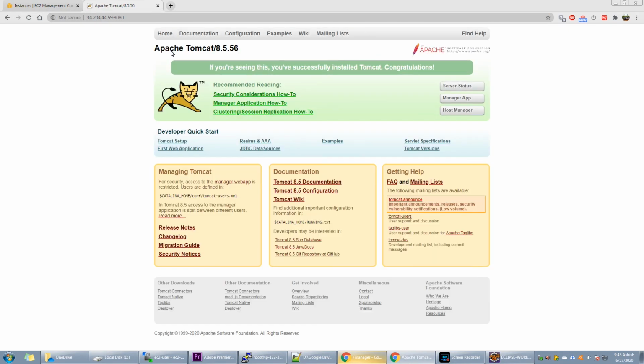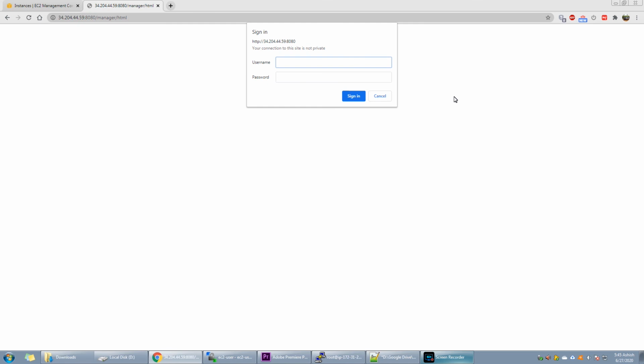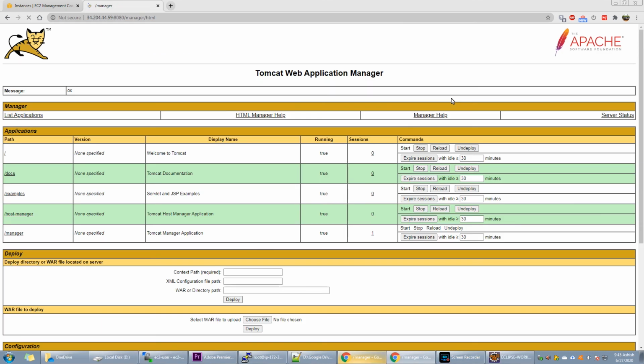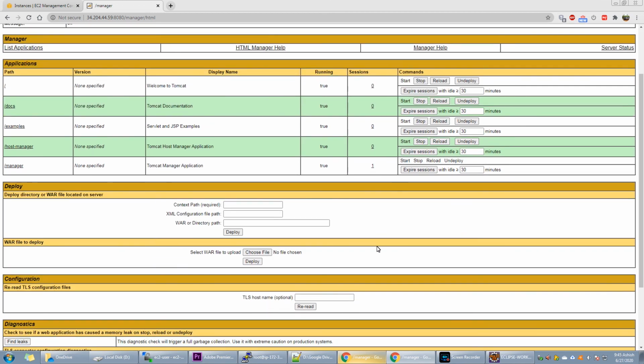To log into the application manager, use the password that we have just saved in the tomcat-users XML configuration file. Now here browse the WAR file and select it for deploying.